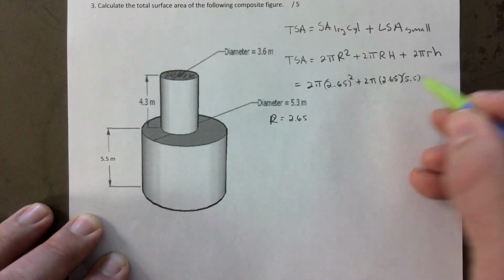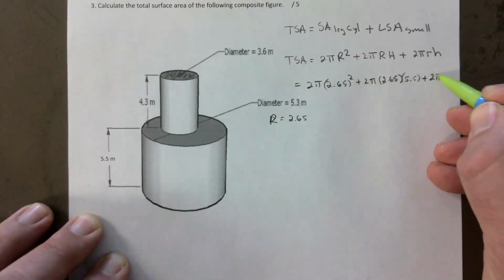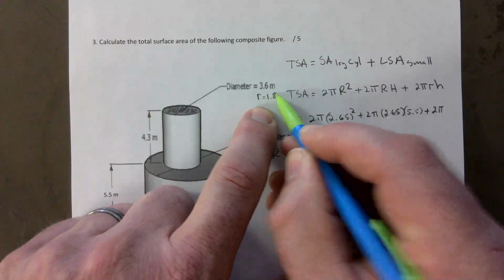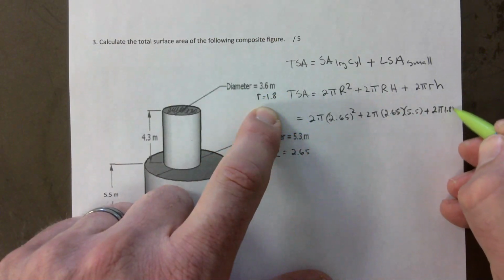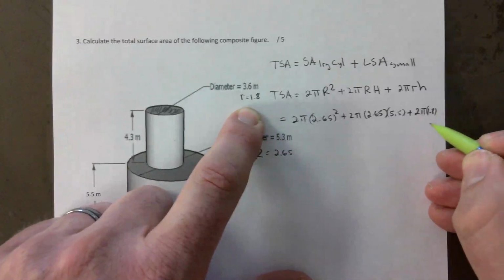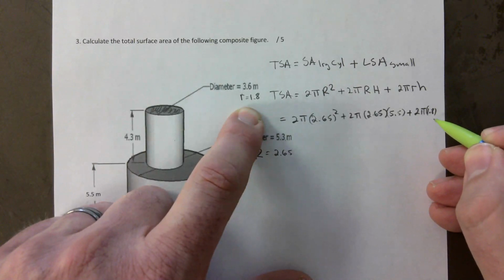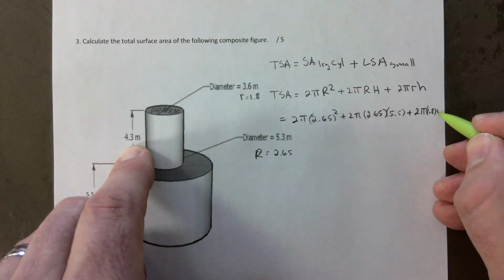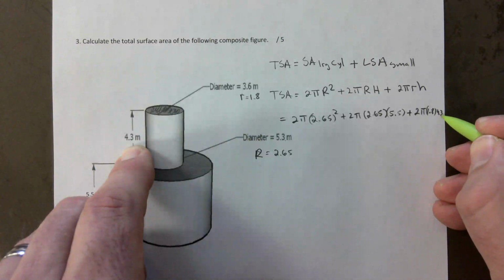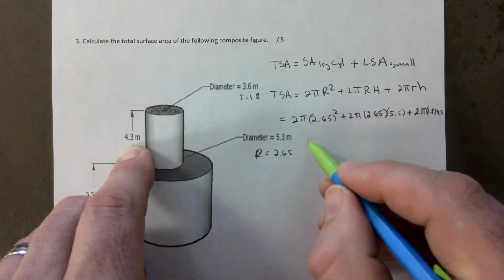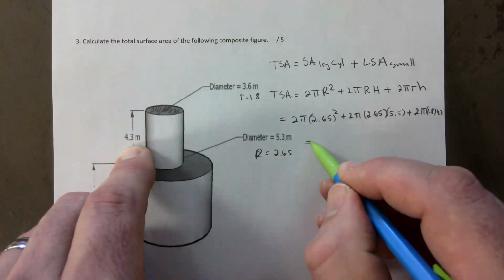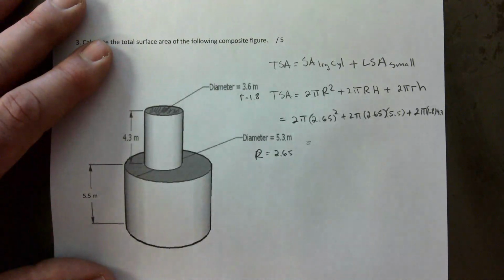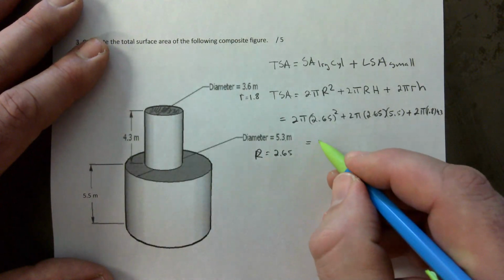It's going to be very tight here, sorry guys. Plus 2 pi, and this radius is 1.8, correct? So it's 1.8 times the height here, the lowercase height, which is 4.3. I apologize. It does say 4.3, I promise. And then cleaning it up would give me